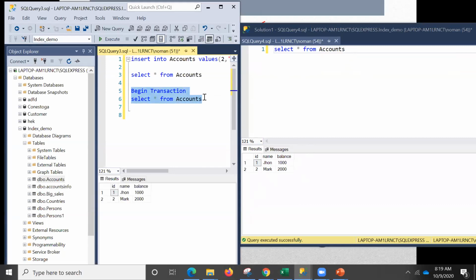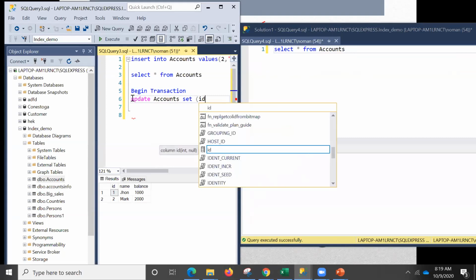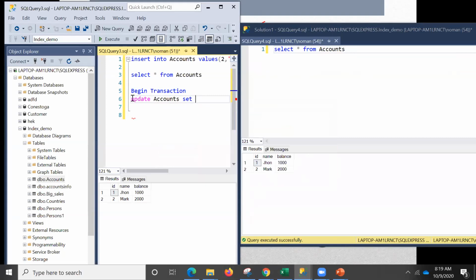So what I want to do here is, for example, I want to update accounts set balance equal to 5,000. Let me just put that in the next line so that we can check.